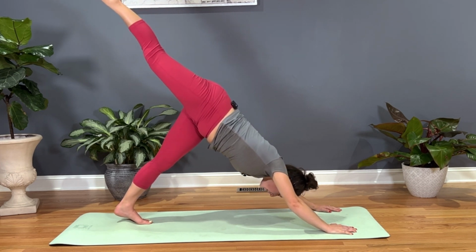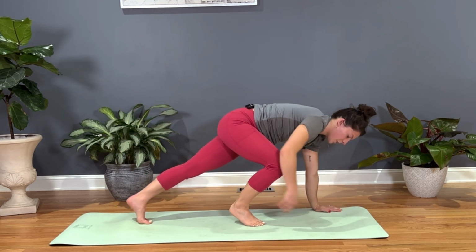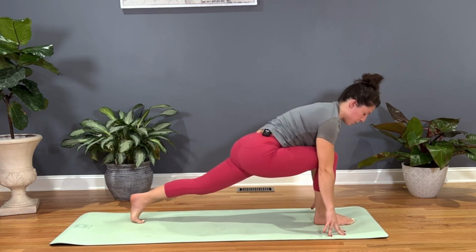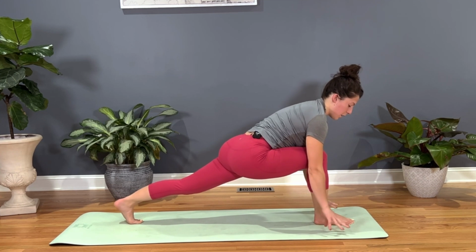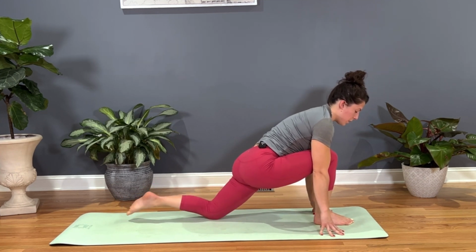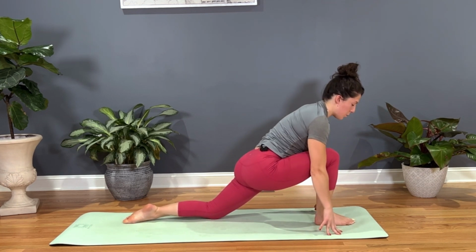Re-extend that right leg. Exhale as we bring it all the way up and through. If you want to plant it halfway down, grab onto the calf, assist it as you come all the way through. Or if you have that mobility, just making your way down, planting it in between both hands, and then dropping that left knee. Untuck the toes, check in with that knee, make sure you can see your toes, and